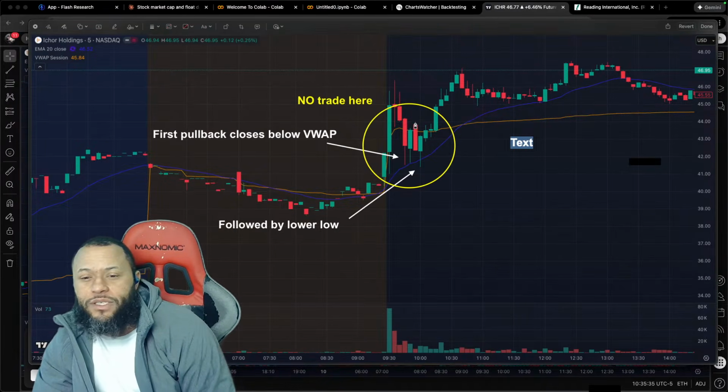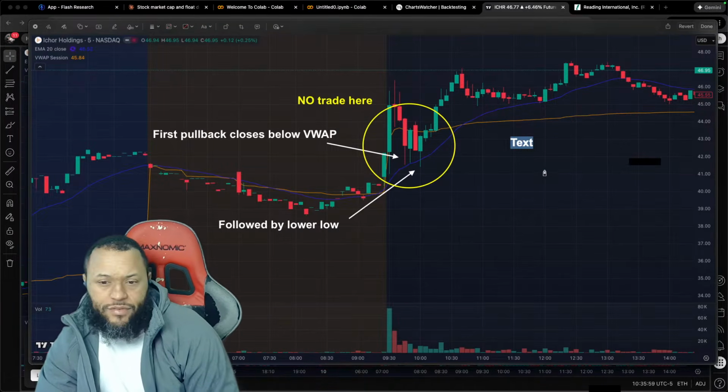I want that confirmation of having taken out the last high and then a pullback basically holding that last high. So I would have needed a pullback into here first. Which might actually look fantastic on the 15 or something. But as far as this 5 goes,